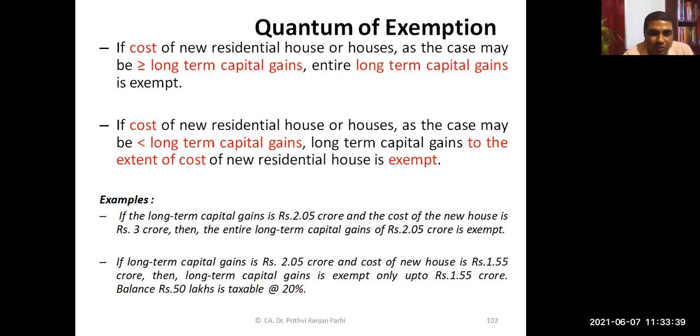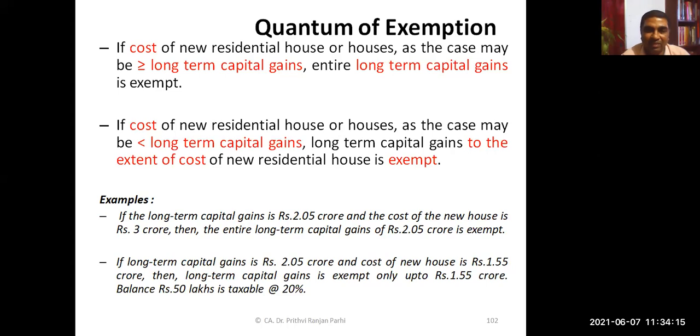Yes, sir. You see, this is a very popular tax planning measure. When an individual or HUF is transferring a residential house, then if he can adopt this method, he can possibly avoid the entire capital gain tax. He just has to invest in another residential house. And if the gain is less than 2 crore, he can buy 2 houses also. And by doing so, the entire capital gain tax can be avoided. Is it not a good tax planning measure?